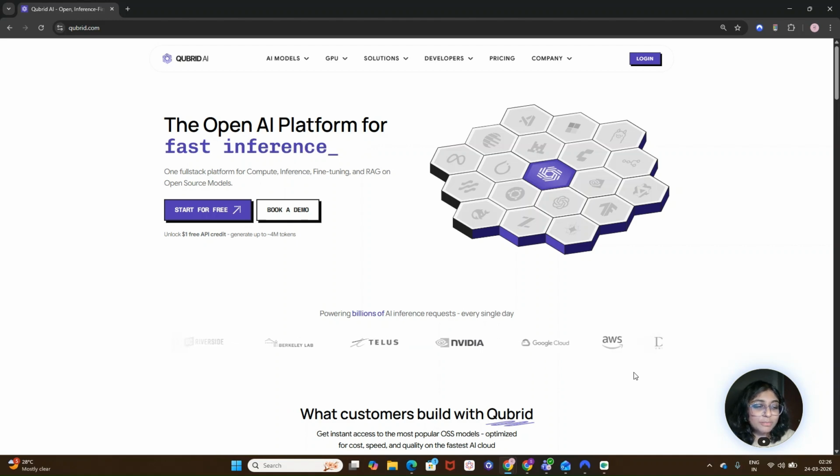Before we jump in, let me quickly explain what Kubrate AI does. Kubrate AI is a GPU infrastructure platform that lets you run, test, and deploy open source AI models at scale without managing any GPUs by yourself. To get started, you can simply add some credits to your account, and on your first top up, you'll receive some free bonus credits which are enough to run inference for up to 4 million tokens depending on the model you are using. Once you are set up, you can start experimenting right away.